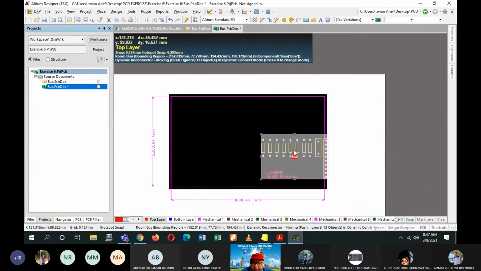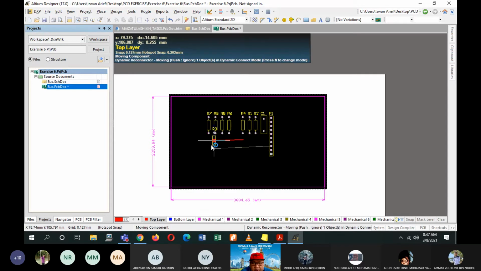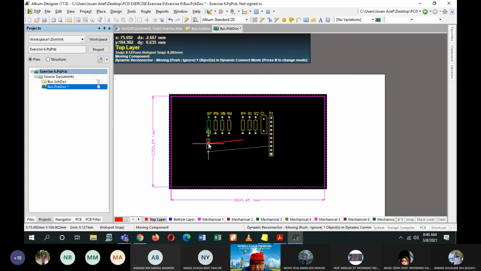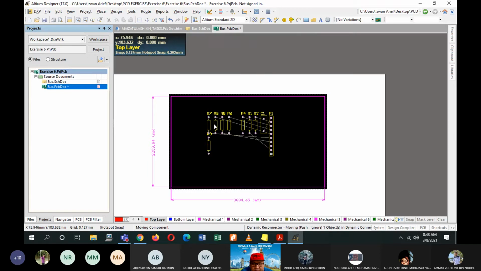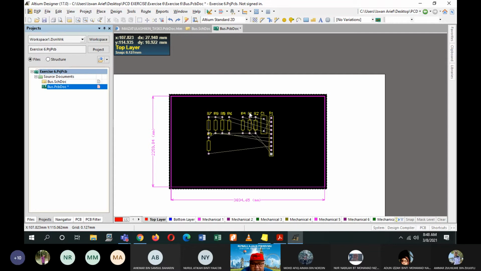I'll drag my circuit into the PCB and then I'll rearrange. This should be easy because you have only 8 resistors and then 1 capacitor with 1 header, so it should be easy for you to rearrange them.